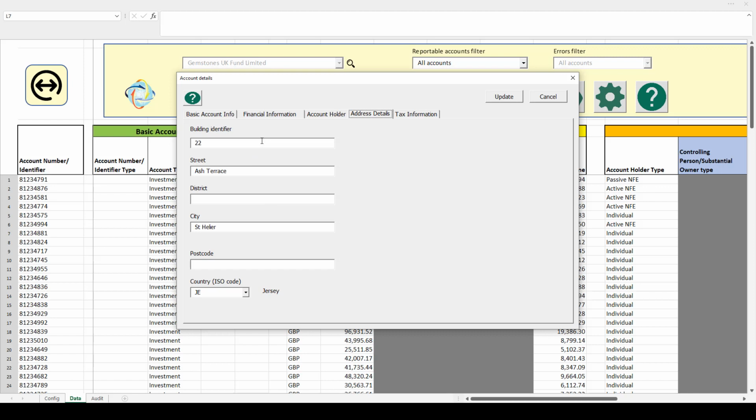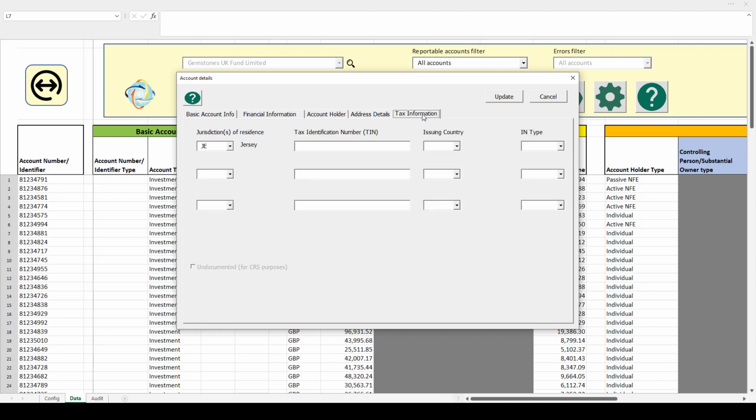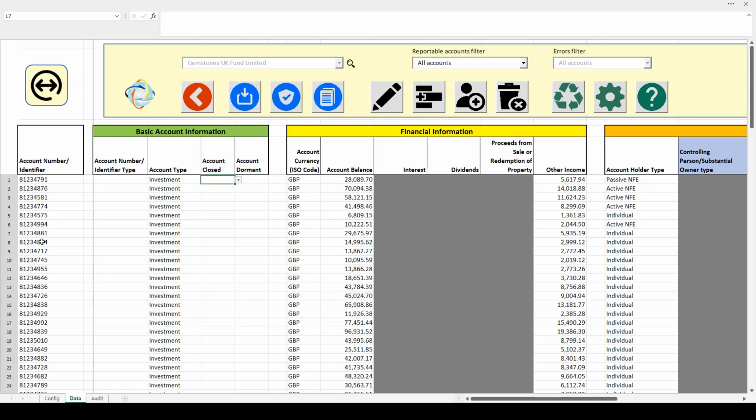There's also no concept of a free format address, so for UK reporting the addresses need to fit into these fields here. And finally, for an entity type account, there's an optional IN type field, identification number type, where you can select from GIN, EIN, TIN, CRN or other, and that's an optional field.